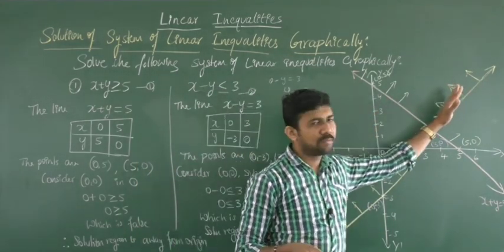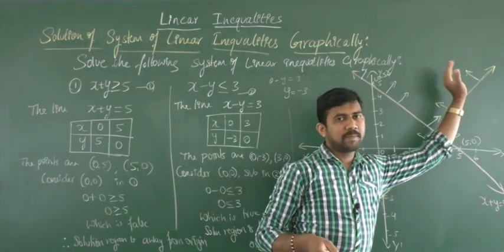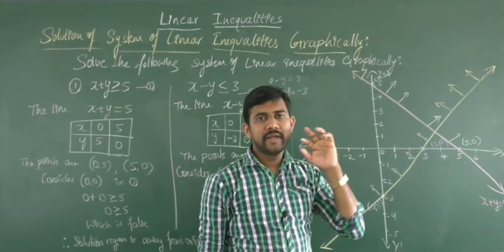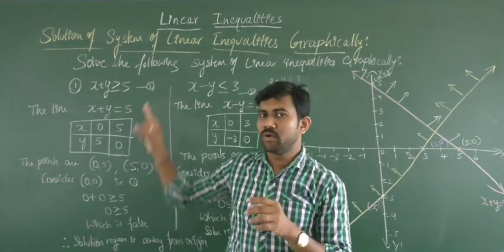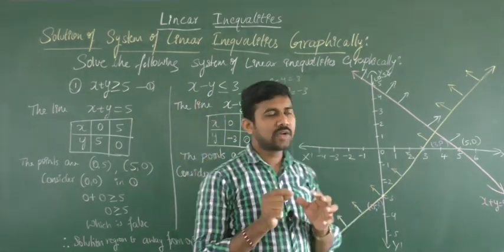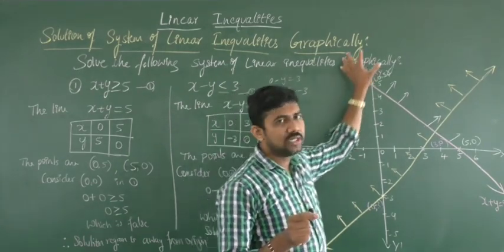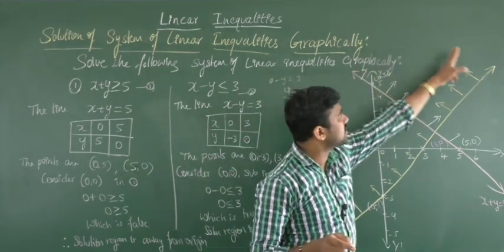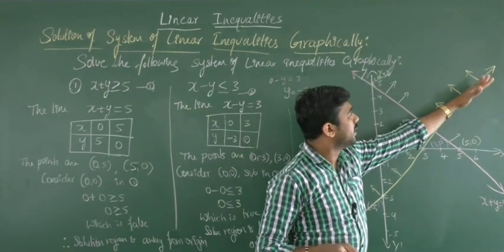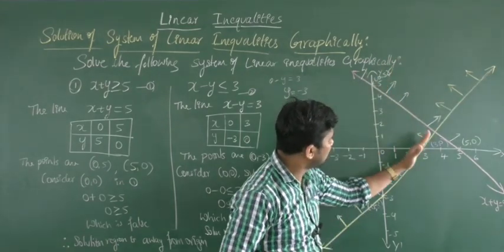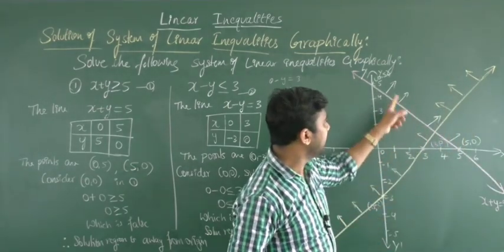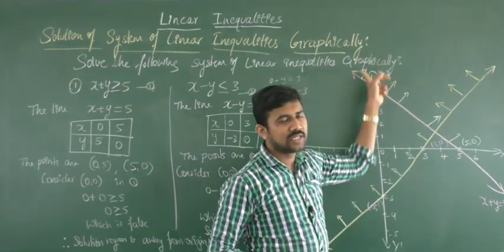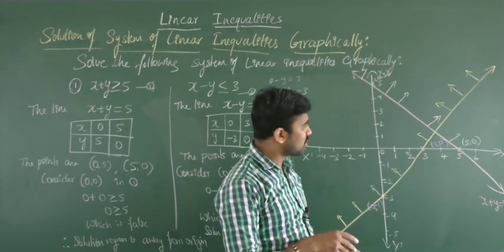The solution region of the first inequation is the upper half plane, and the second is also the upper half plane. Now find out where the common solution region of both inequalities is. They should merge, they should intersect. We can observe this is the intersecting region. It comes up, but here it comes in this direction. So the intersecting region of the solution is this one. That is the common solution region.